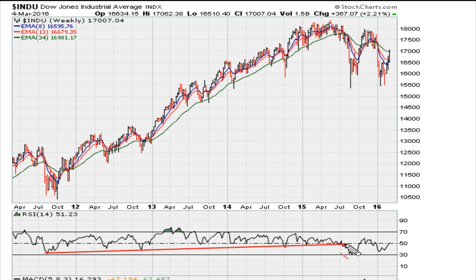So if you draw it like that, something like that, it connects nicely with the lows here, the lows there, this low, and also it gives us this break point right there in July. Once we broke through there in July, you can see the market has been off those highs. We haven't been back there. So what we can do is extend the same line,